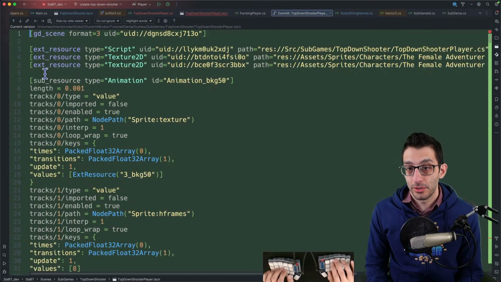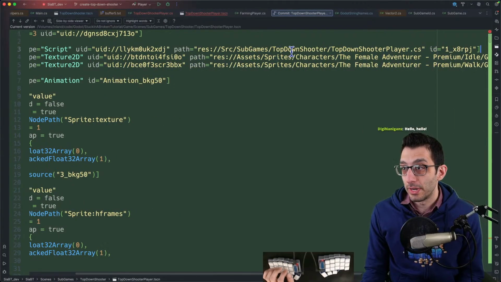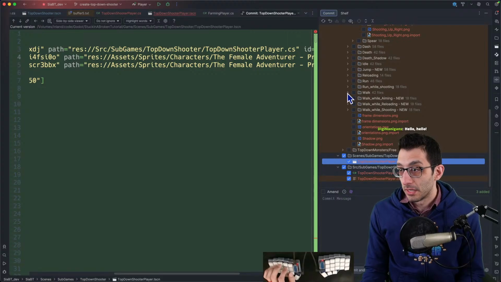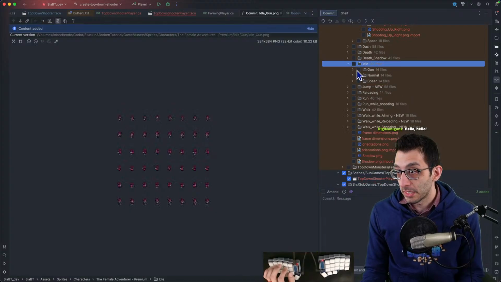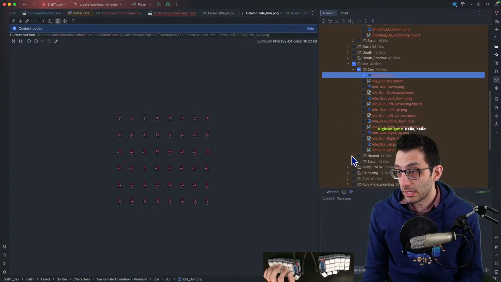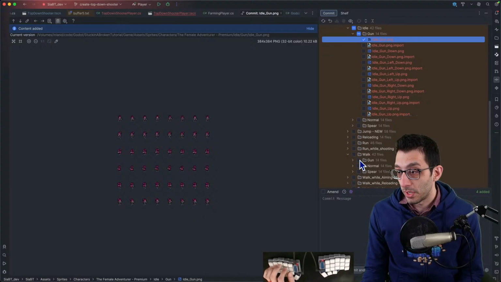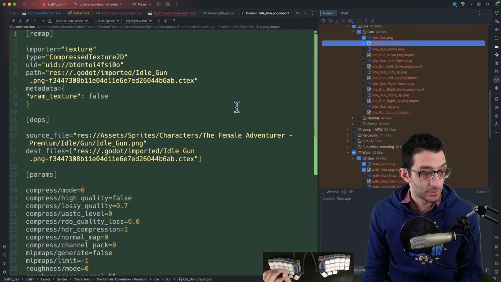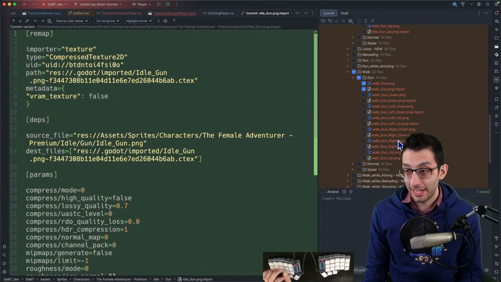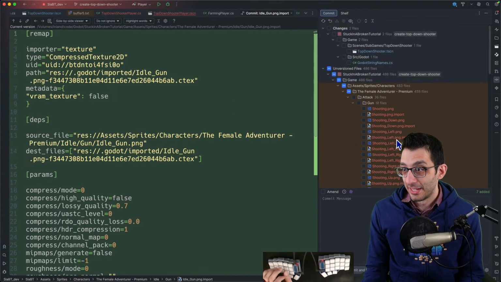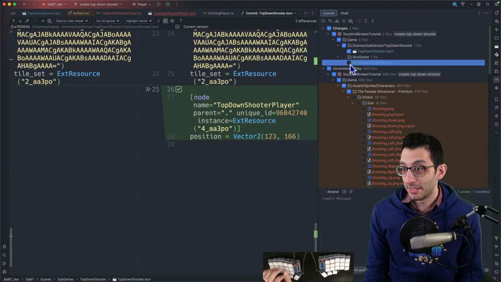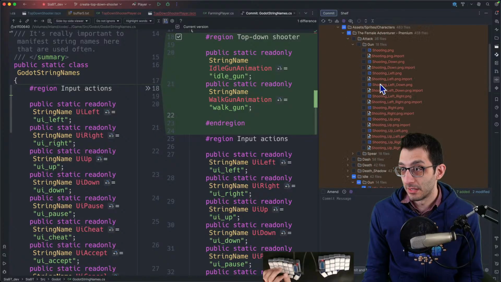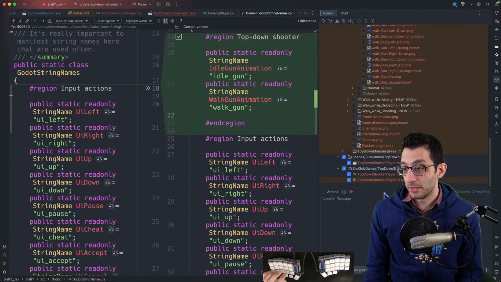All right, now it should no longer be used. Great. Okay, so all we need is idle gun and walk gun. And I don't know how to find these quickly. I guess here, idle gun and walk gun. And then their import files as well. This should work. Hey, Diginanigans. How you doing? All right, nice. Now we check in this and this as well. Anything else? Nope, I think it's good. All right, so